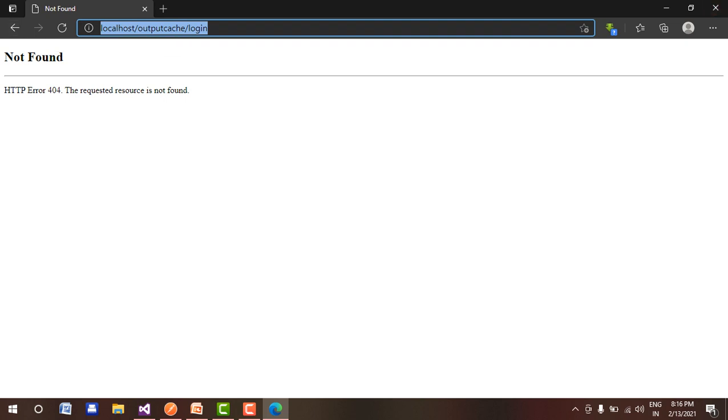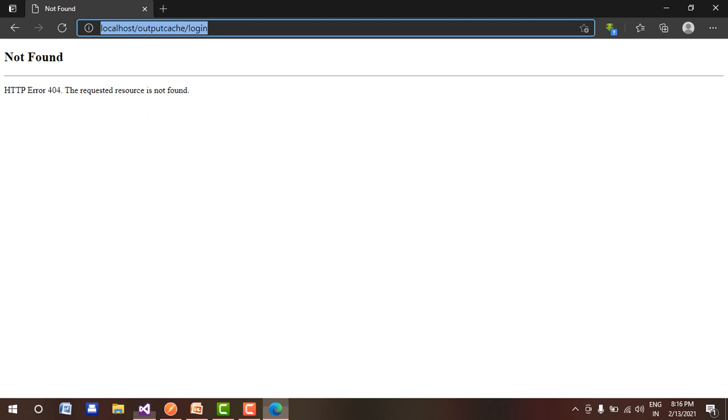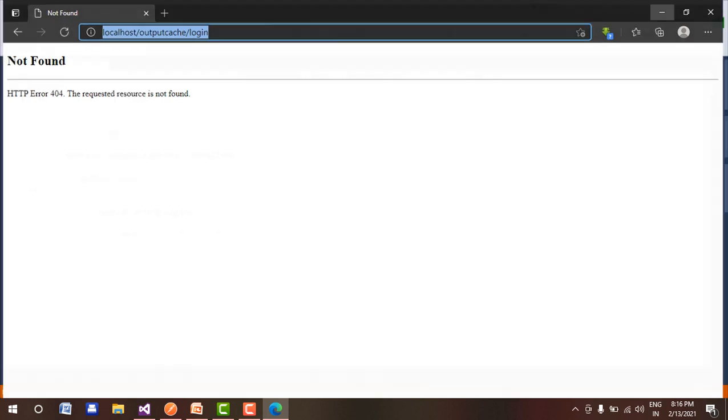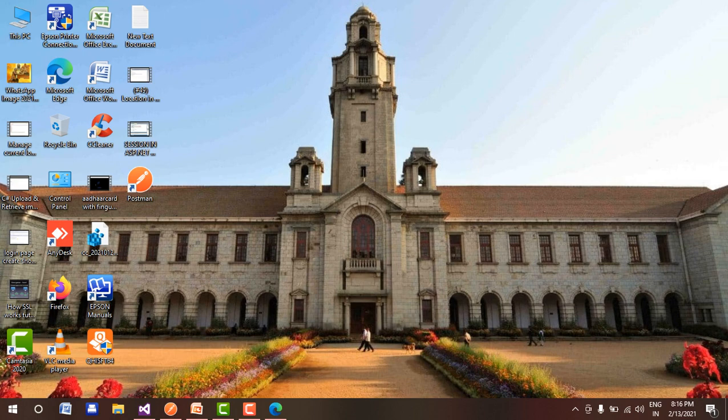Why? Because we have used RequireHttps and we are loading this method over HTTP in the browser. So this displays the 404 error.